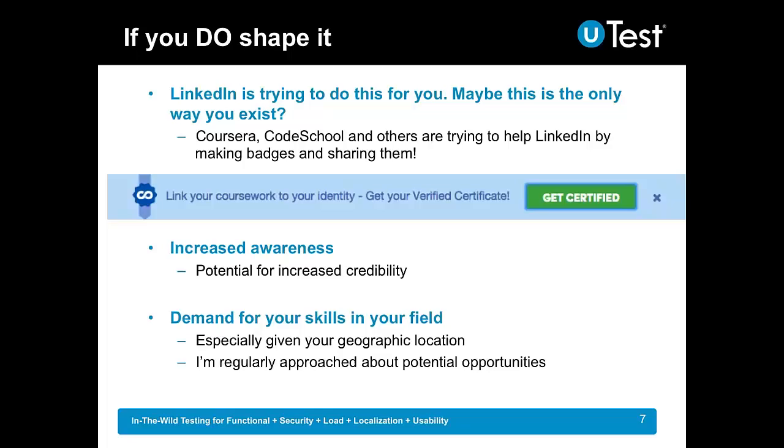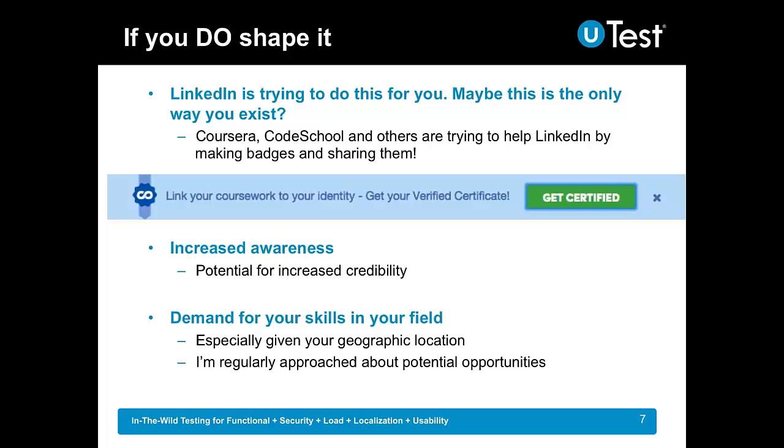I've been approached because of my geographic location. Someone will look online and try to find resumes, and then they'll take those resumes of people in the local area and search online for their name. The fact that mine comes up with articles where I'm discussing these problems gives people a better idea of what skills and knowledge I have. For example, the company that I work at right now, this is how my chief